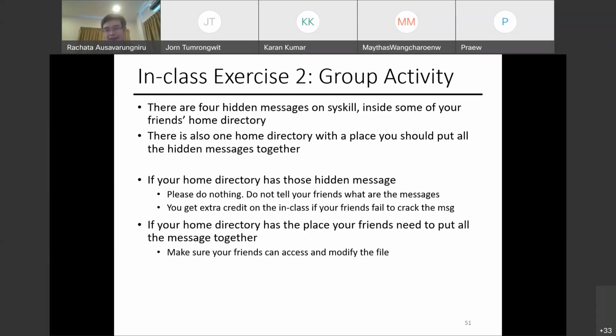I think that's too much of a hint for everyone, because you are basically ganging up on your four friends that have the hidden messages. All right. So if you have the directory that has the file that says put the hidden messages here, you make sure that your friends can modify the file and then go help your friends.